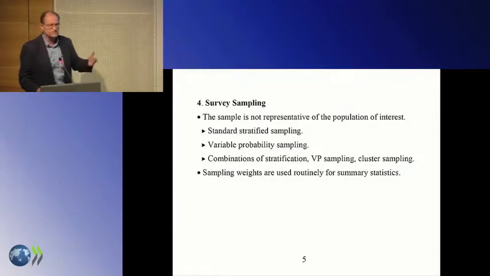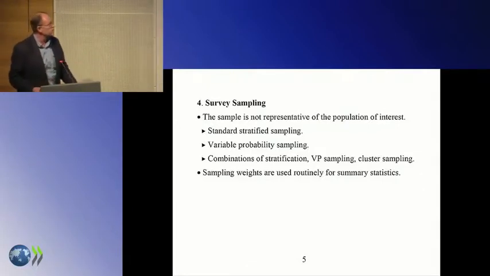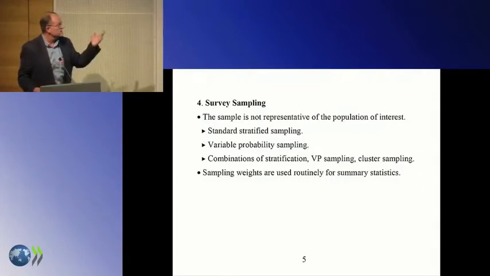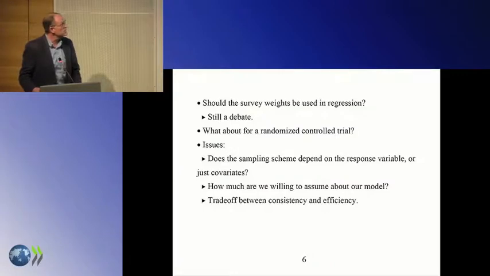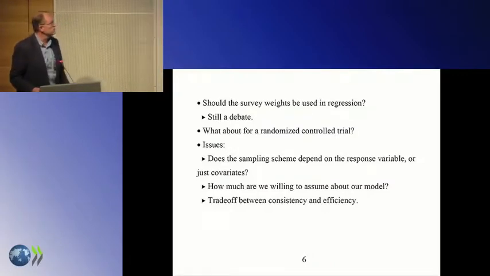People just naturally say, I'm going to report these summary statistics, I want them to be representative of the population, therefore I use the sampling weights. Sometimes you see it done both ways, but nobody really complains about seeing the weights used when computing summary statistics. There's still more of a debate whether you should use the weights when you do, say, regression analysis,